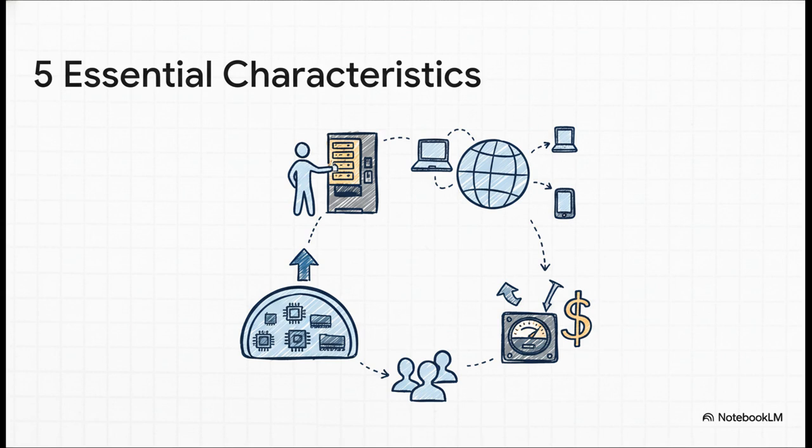First up, on-demand self-service. You can literally spin up a server with your credit card. Right now, no phone calls needed. Then there's broad network access, which just means you can get to it from anywhere, your phone, your laptop, you name it. Resource pooling, that's our power plant idea again. The cloud company pools all its computers to serve tons of people. Rapid elasticity. Okay, this one's a game changer. You can instantly scale up for a huge event, like Black Friday, and then scale right back down the next day. And the last one, measured service, is the real magic ingredient. You pay only for what you actually use. It completely changes the economics.